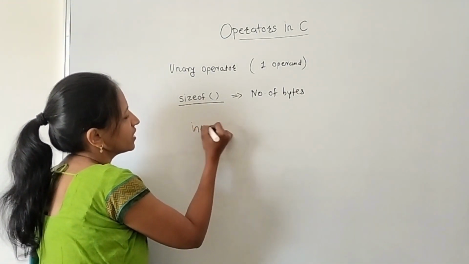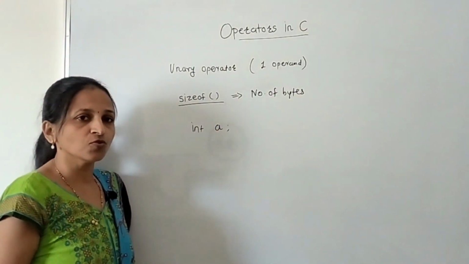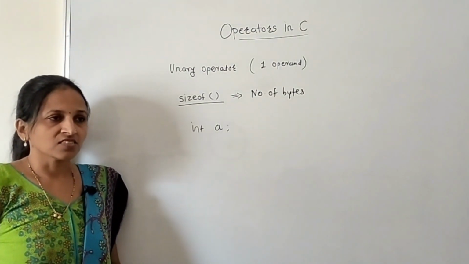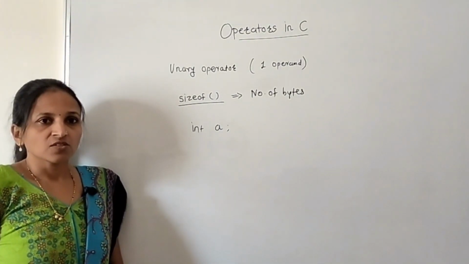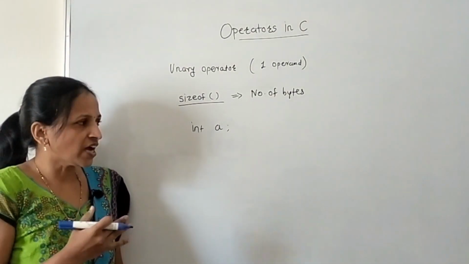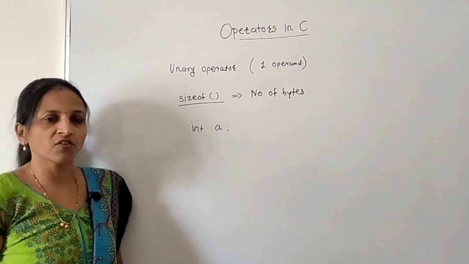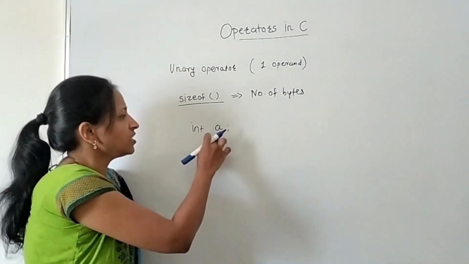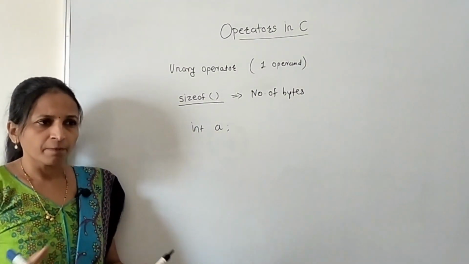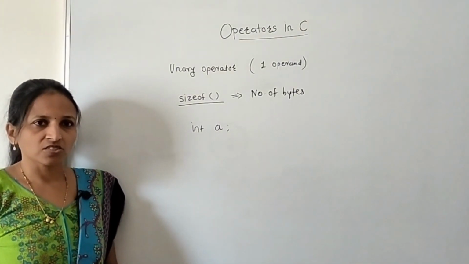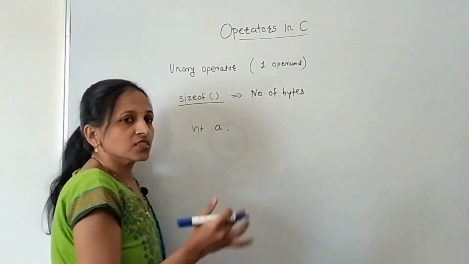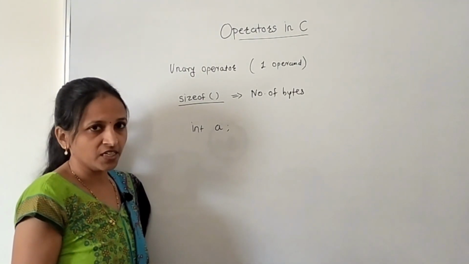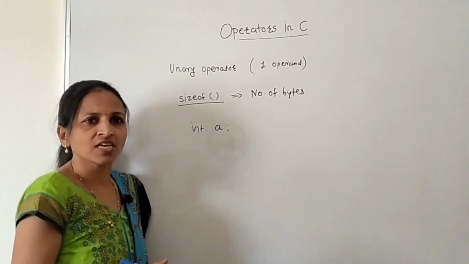Now how to use it? Suppose I have declared one variable, int a, and I want to know the size of this a, meaning how many bytes are allocated for that a. We have already discussed that an integer will take 2 bytes. In the data type lesson I have discussed this point in depth: what exactly a data type is and what the size of every data type is. Actually this size is dependent on the compiler you are using or the machine architecture. Consider this is a 16-bit machine. In that case, the size of an integer is always 2, so for every integer 2 bytes will get allocated inside memory.